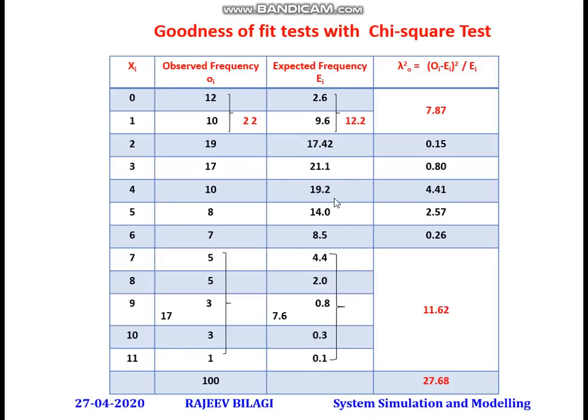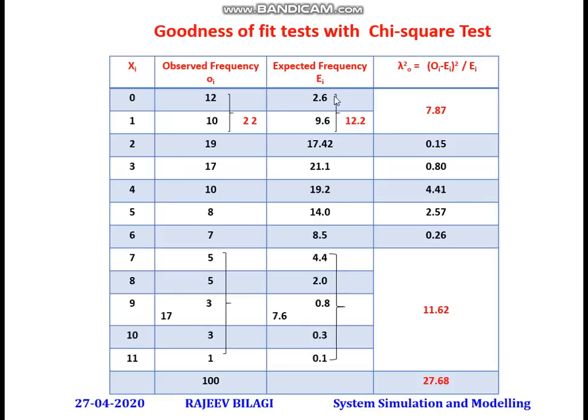Now one more point I told: in the chi-square table, if the value of Ei is greater than 5, no problem. If it is lesser than 5, you have to add it with the adjacent cell only to make it 5. So now I have added these two. It is very important. Our value of Ei should always be greater than or equal to 5. If it is less than 5, you have to add it with the adjacent cell.